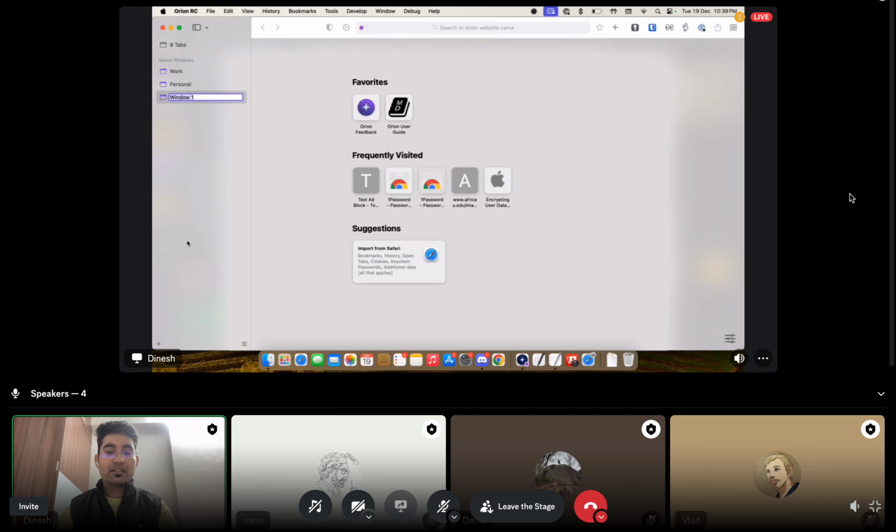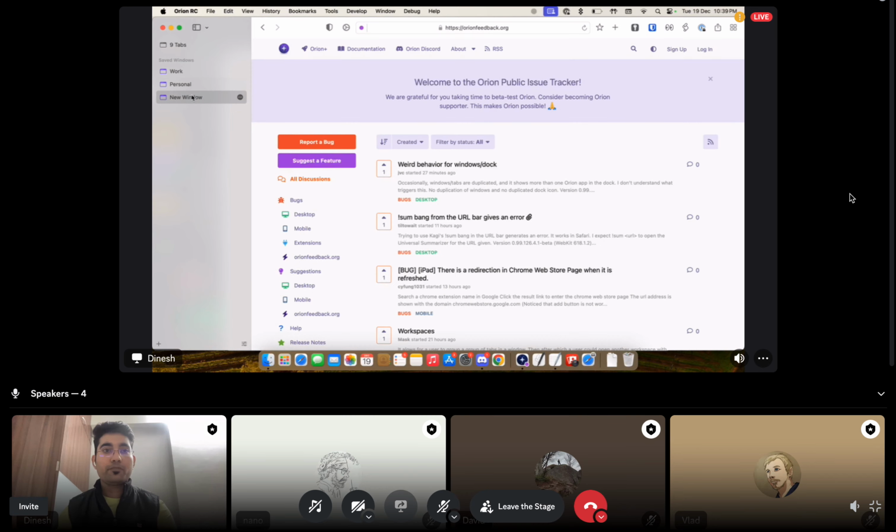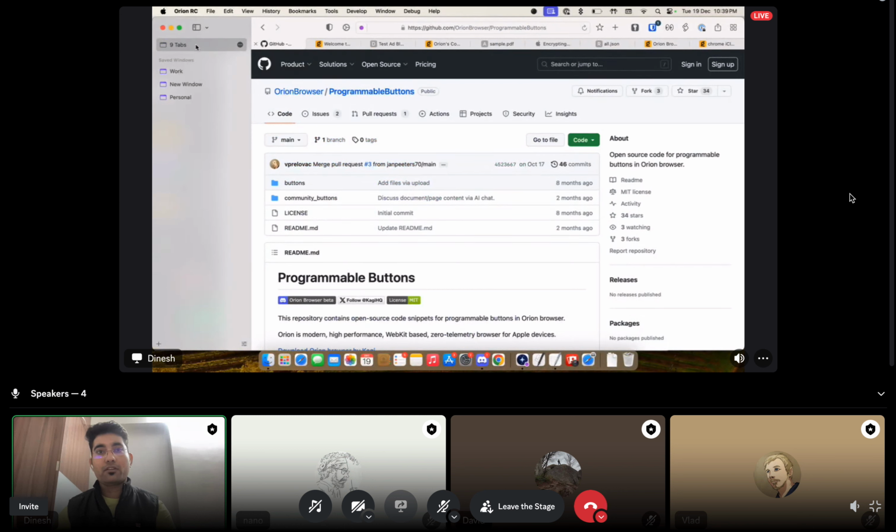Just give it a new window. Okay, and you can just start using it. You can reorder your windows, and if you just want to save what you are working on currently, just drag it to your saved windows,